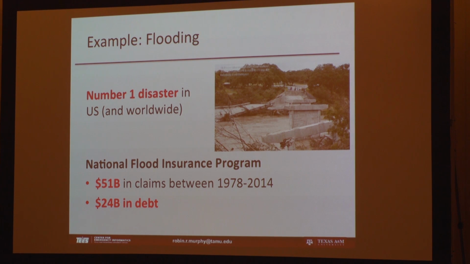just one type of disaster, flooding, because flooding is the number one disaster in the US and worldwide. And also economically, take a look at the National Flood Insurance Program, where $51 billion have been made in claims. It's already $24 billion in debt, and we know that more floods, more damage from land use and urbanization are